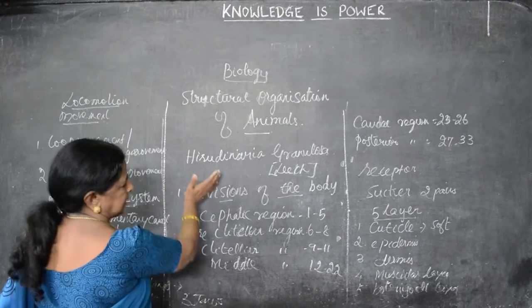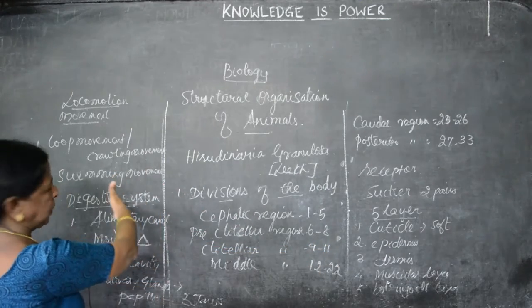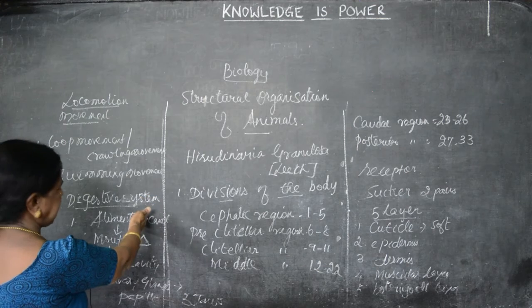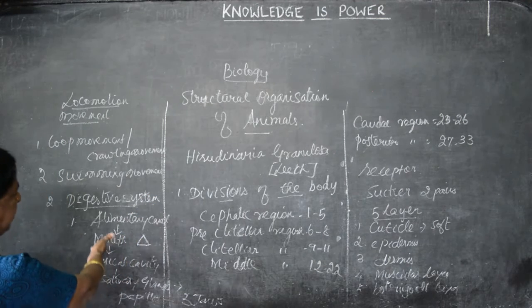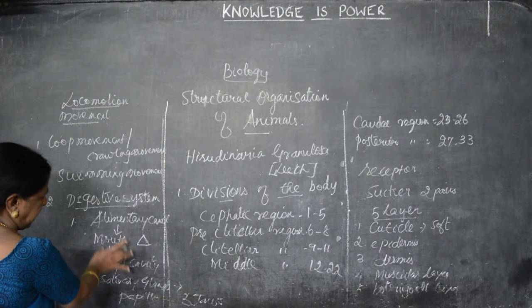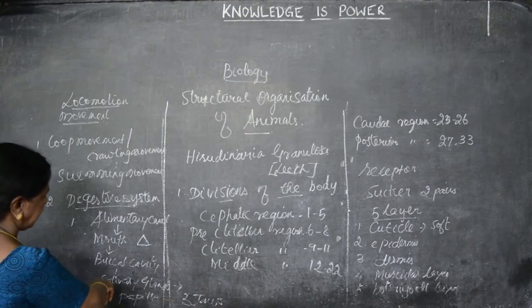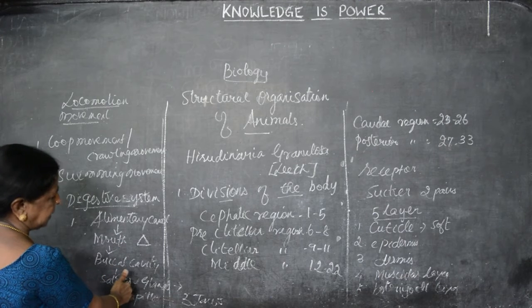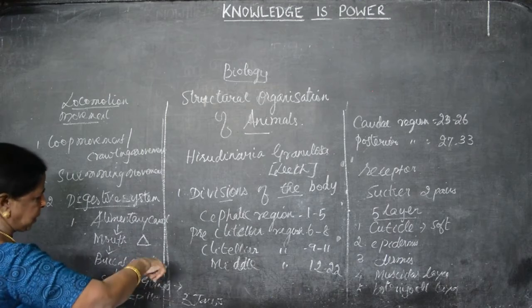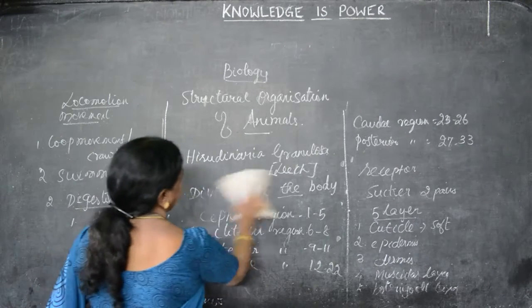So these are the divisions of the body. What are the layers present in the body? We have seen locomotion. There are 2 types of locomotion. Then we are coming to the digestive system. So the first part is the alimentary canal. Next to the alimentary canal is the mouth. It is triradiate. From the mouth it leads to the buccal cavity. Then there are segments connected one by one in a looping kind of way. Next, salivary glands are there, 3 pairs of salivary glands. Next to the salivary glands are the jaws, that is papilla. There are 3 types of jaws present in the leech.